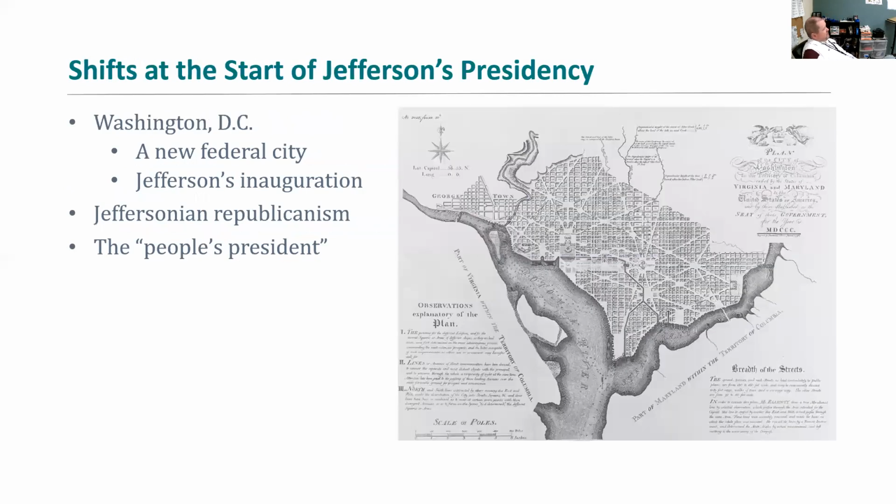The U.S. shifts at the beginning of Jefferson's presidency, or slightly before, with the creation of the District of Columbia, right? So Washington, D.C. is created. Again, it's sort of a compromise. You should understand that in U.S. history, we sit here and watch the world today, and the U.S. is very divided. It's very contentious. I need you to understand that that's actually true of the United States in all sorts of periods of time for a long time.